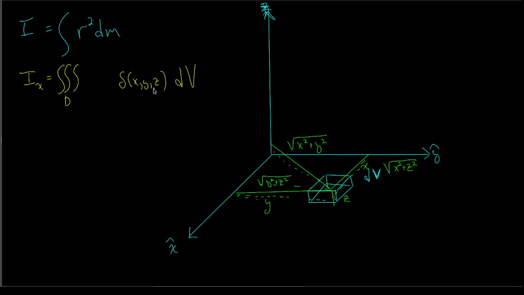And so the combination of the density function and the dv function, or the dv components, gives us the infinitesimal of mass. And so if we integrate across the entire solid region made up of little mass elements, we're going to get the dm component, or the mass component. And then now we need to take r squared. Well, if we're going about the x-axis, r squared is y squared plus z squared. If we're going about the y-axis,